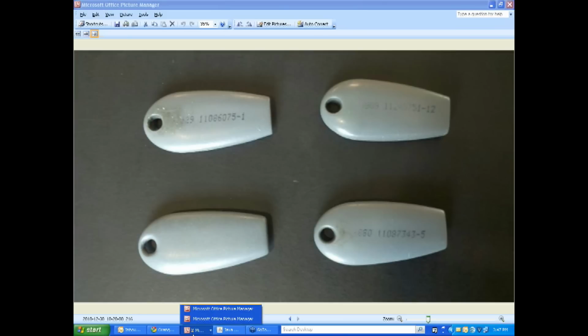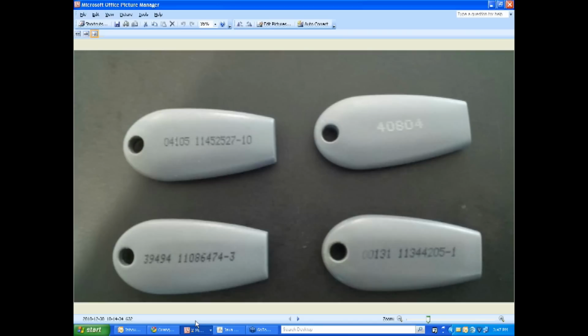For those of us that can actually read our keys, they look like this. In some instances, you will just see the 5-digit code etched into your key. This one is 40804. In some instances over here, you're going to have 2 sets of numbers. We are looking for the group of numbers that is either 3 or 5 digits in length. For example, this one is